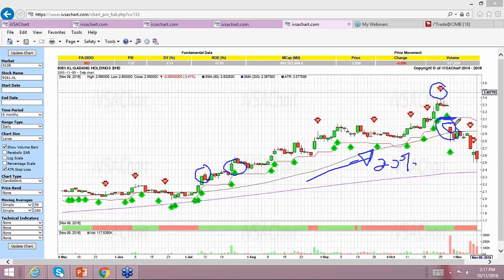because you can see after the breakdown, this is a breakdown from line change, and the supply has been increasing. This is an increasing supply. This stock will continue to come down, as the supply is increasing, until we see support coming in. Okay, I hope I answered your question.